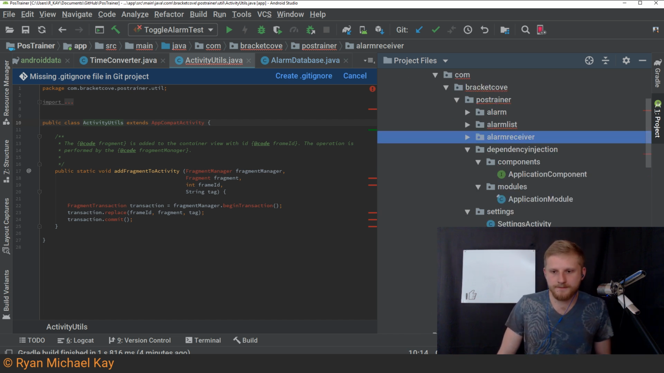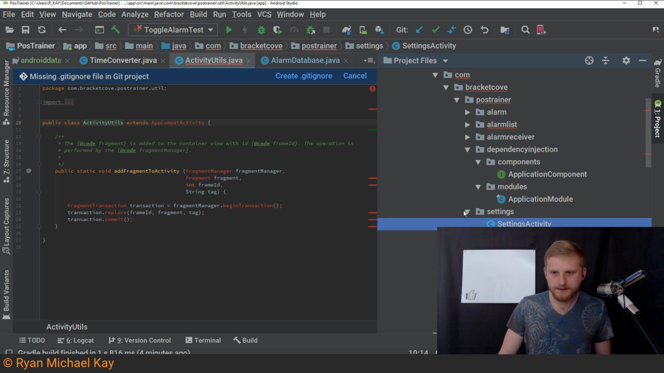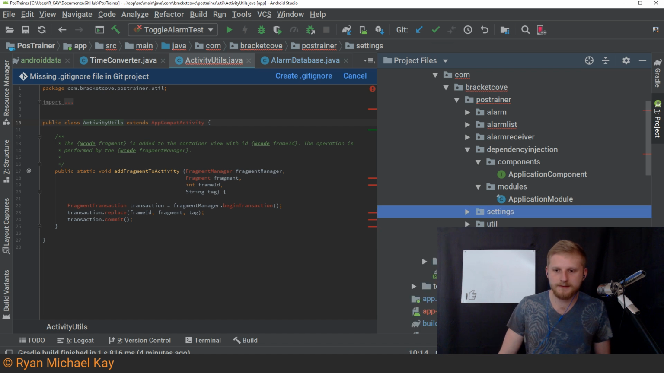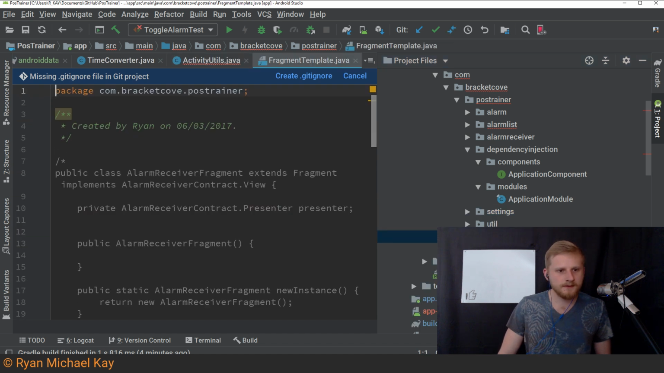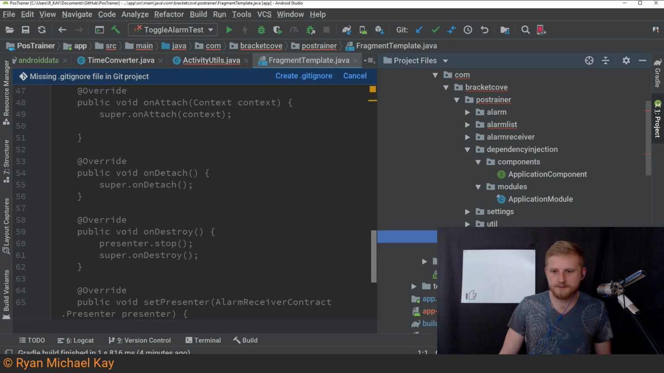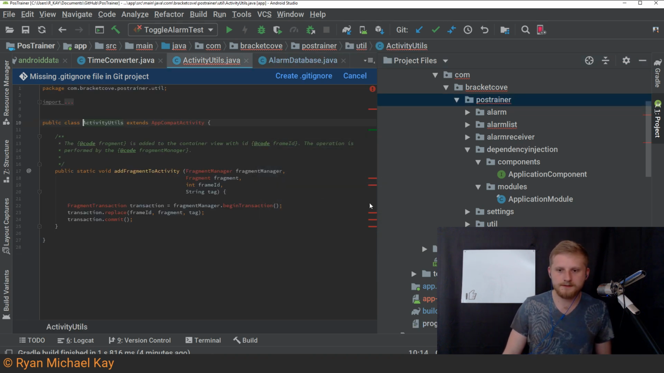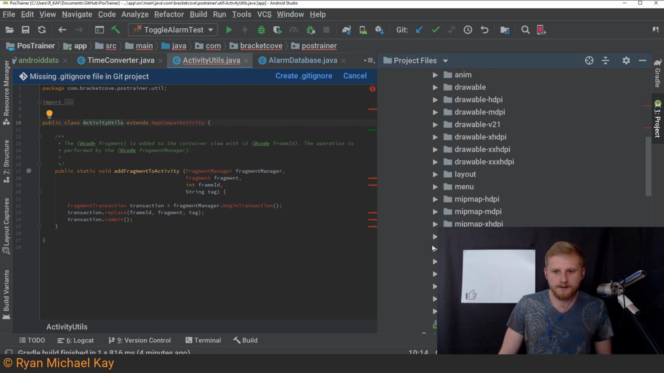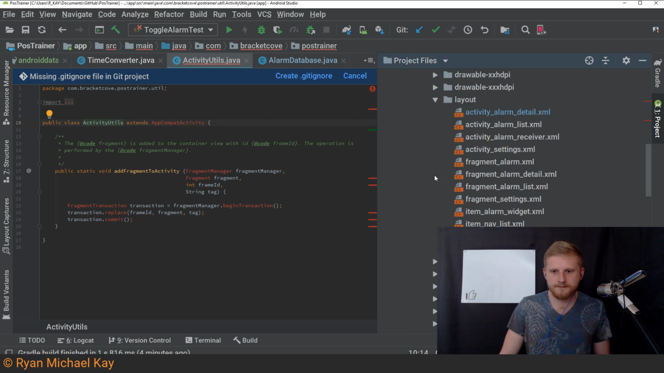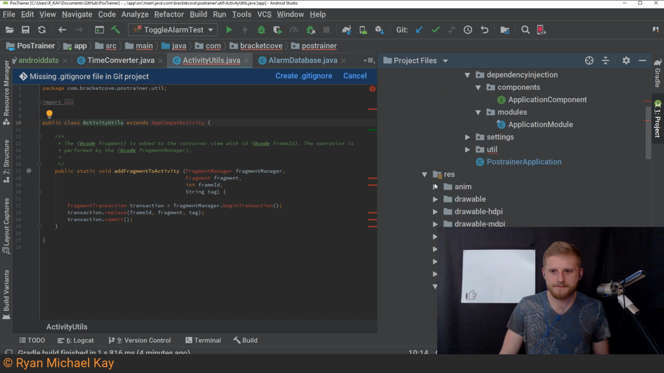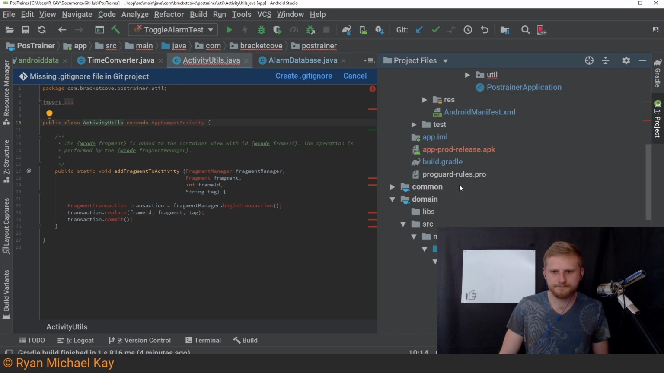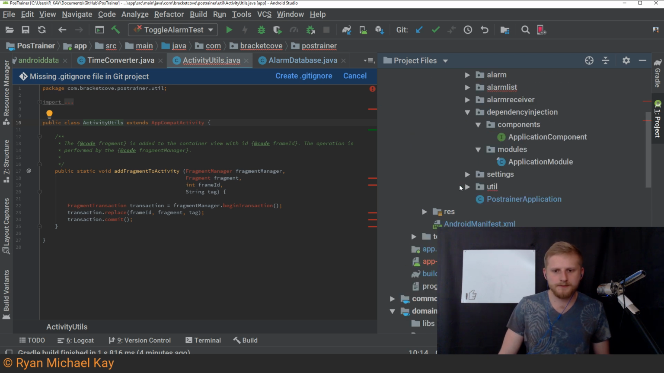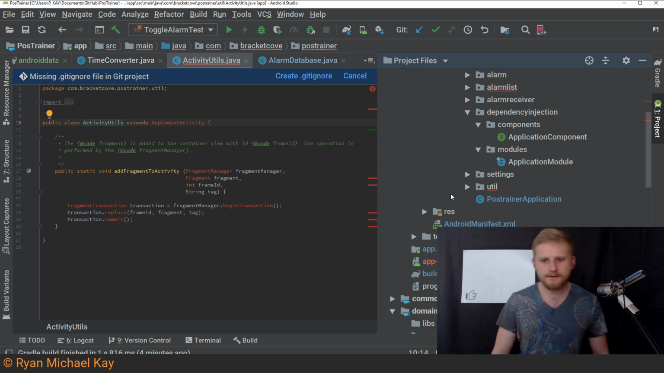Again, still not sure. And this is another feature here, settings. So I didn't actually plan to do a settings feature, but I might still end up doing that. Okay. Fragment template, that's just an old template class, can get rid of that. Okay. So what I'm going to do next is we need the